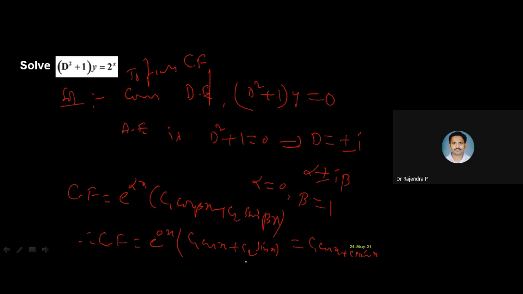Okay, this is your complementary function. I hope everybody is able to find it till then. If any difficulty is there in finding the complementary function, let me know. Are you able to find the complementary function for the given differential equation, everyone? Yes, sir. Good. So now I'm going to take the particular integral. What is PI in this problem? 1 by f of D, that is 1 by (D square plus 1) into 2 to the power of x, right? So how can we write this?